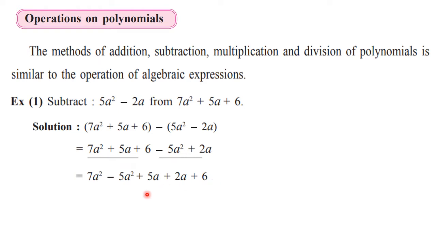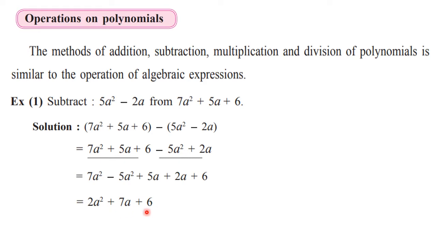We have studied that when we write down the polynomial, we always write the terms in the descending order of the powers. So same thing we are going to follow here. You will write down the term with highest index first. Since we had similar terms, we wrote them together. Then the next terms are written together, and finally for this plus 6 we have a single term. We don't have a like term for that, so copy it as it is. Now, 7a square minus 5a square will give you 2a square, and 5a plus 2a will give us 7a. So we will get 2a square plus 7a plus 6.